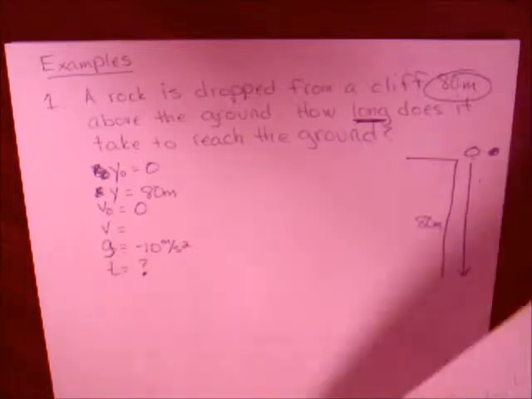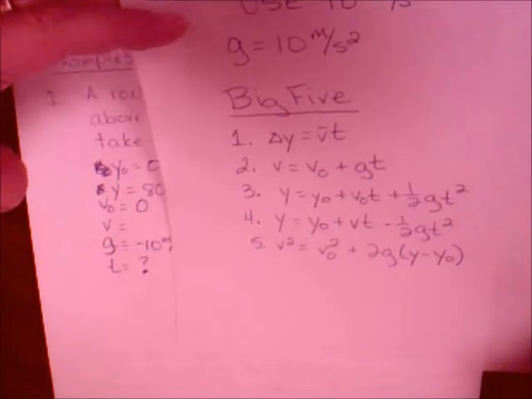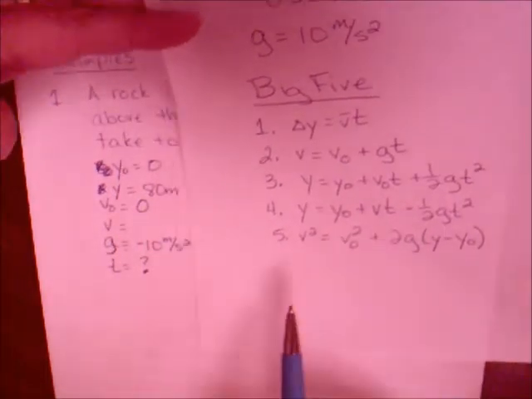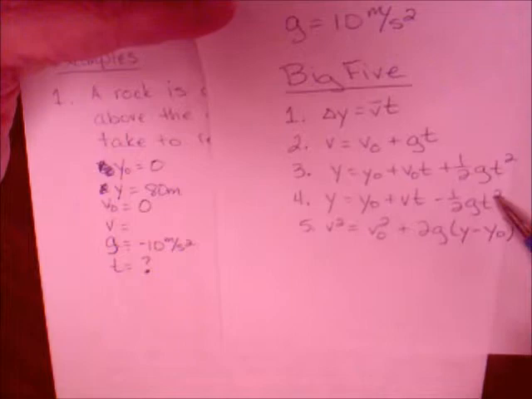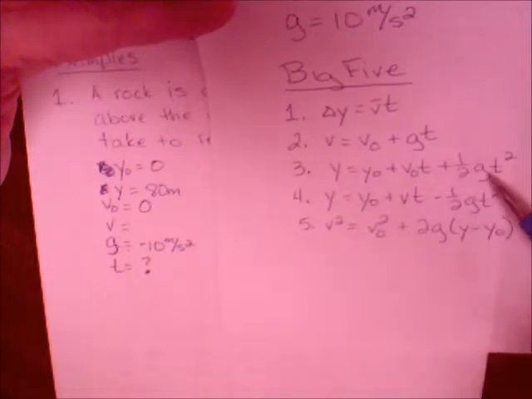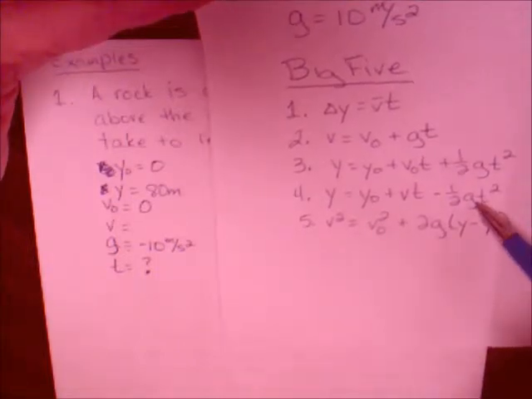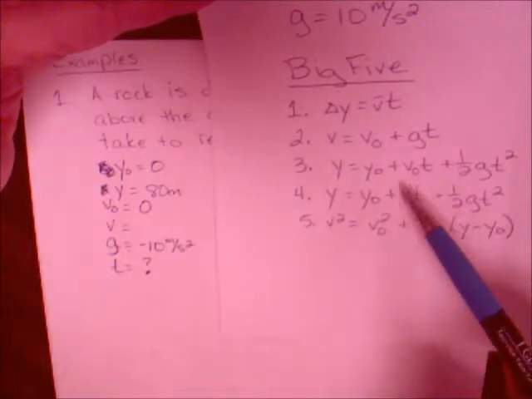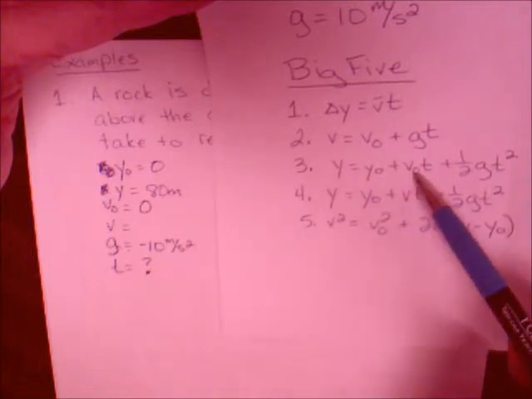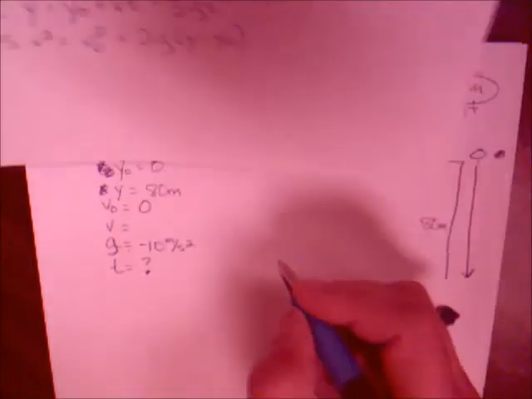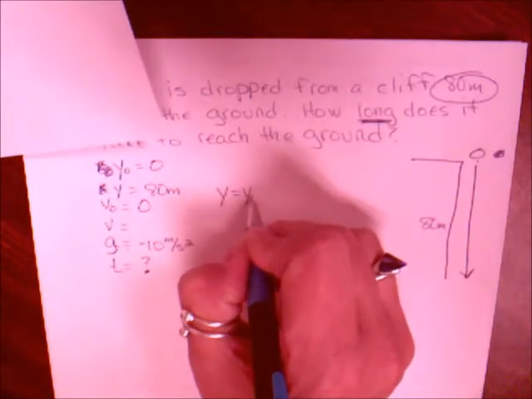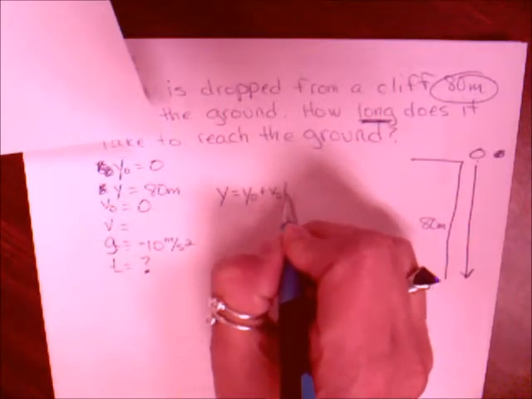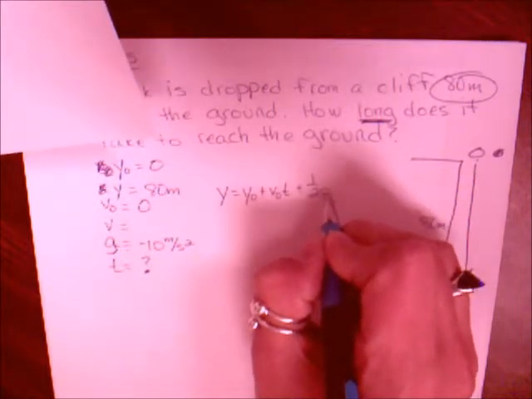So we pull out our big 5 here, and we see what equation we can use. We're looking for time, and we do have acceleration, so it's going to be equation 2, 3, or 4. We have y, y naught, and v naught, so it looks like it's going to be this one right here. So I'm going to write that down: y equals y naught plus v naught t plus 1/2 gt